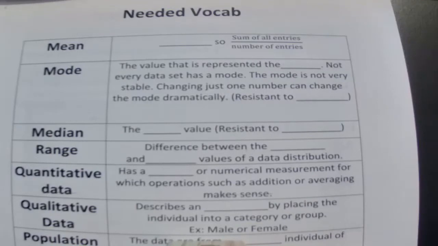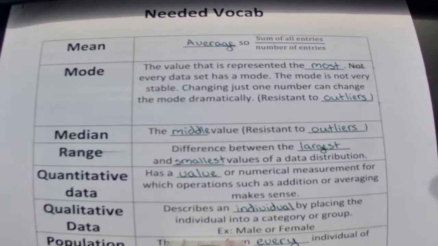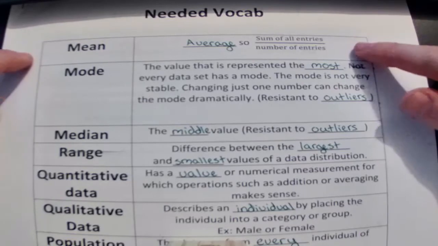Okay, so the beginning of this note packet is some vocab that we might need. Now, I don't want you to have to watch me actually write it down, so I'll do a little bit of movie magic. Ooh, it magically appeared. Right. So now, the beginning should be review.